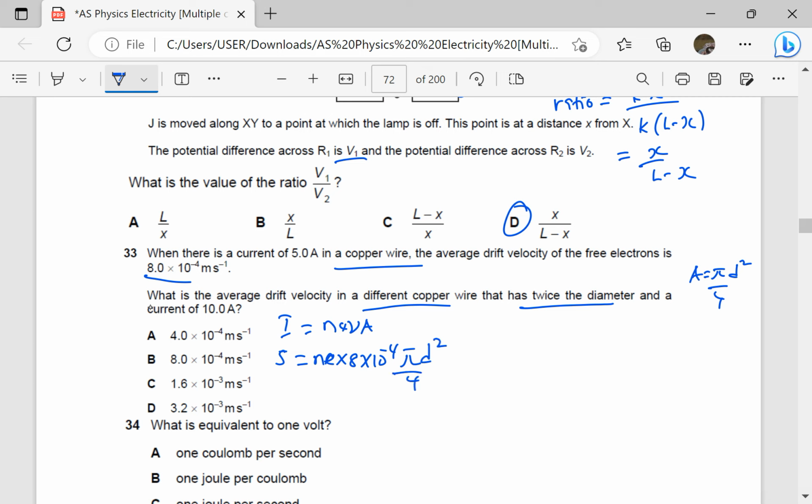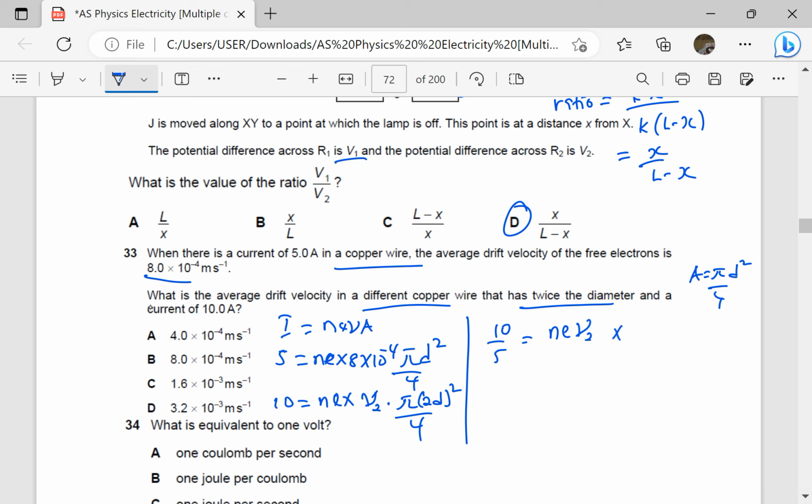For the second wire, the current is going to be 10. This is NE times the drift velocity, which is not known. I'll call it V2. The area is going to be pi, and where there is diameter, I'll put twice d. So this will be twice d, squared, then divided by 4. When I combine these 2 equations by dividing, this one is going to give me 10 over 5 equals NE V2